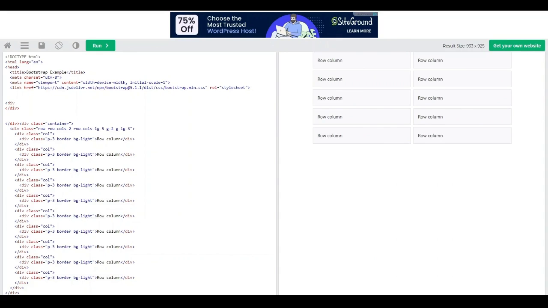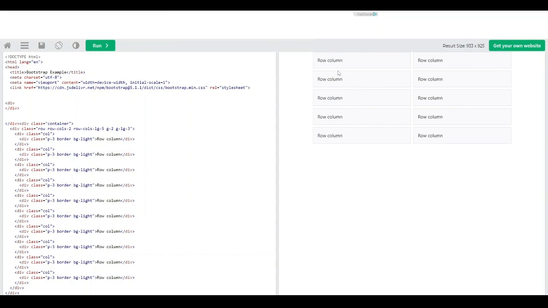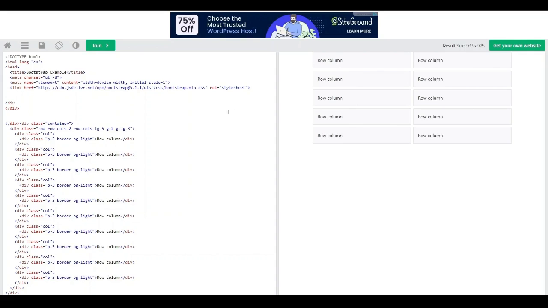You can also choose to have no gutters. So the gutters between columns in Bootstrap's predefined grids can be removed with the .g-0, and this removes the negative margins from the row and the horizontal padding from all the immediate columns within the parents. So if you want them to have no gap at all and you want it to be edge to edge,